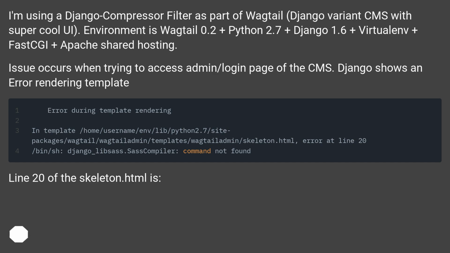Environment is Wagtail 0.2 plus Python 2.7 plus Django 1.6 plus virtualenv plus FastCGI plus Apache shared hosting. The issue occurs when trying to access the admin login page of the CMS. Django shows an error rendering template. Line 20 of the skeleton.html is